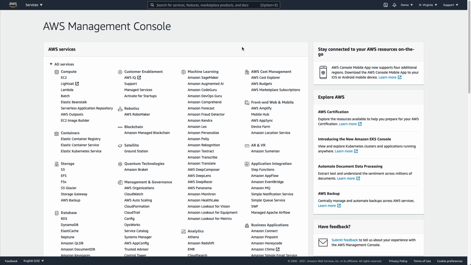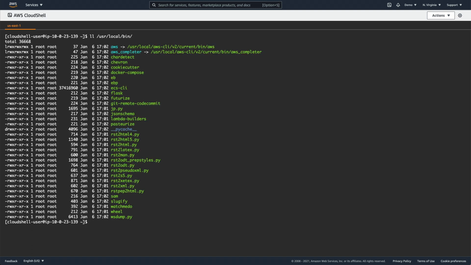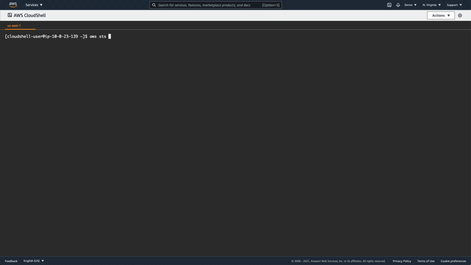To get started, we simply click the AWS CloudShell icon in the top navigation bar from any supported region. In just a few seconds, we have access to a Linux terminal with a wide range of pre-installed tools, such as the AWS CLI and the AWS Elastic Beanstalk, Amazon Elastic Container Service, and AWS SAM CLIs. The shell environment is pre-configured with our AWS credentials, allowing us to seamlessly interact with our AWS account the same way we would using the AWS console.